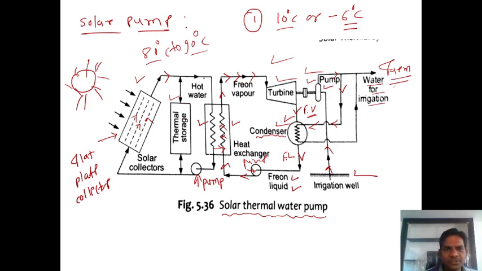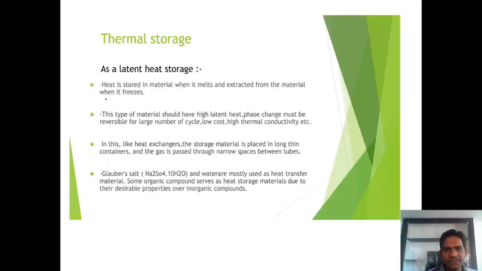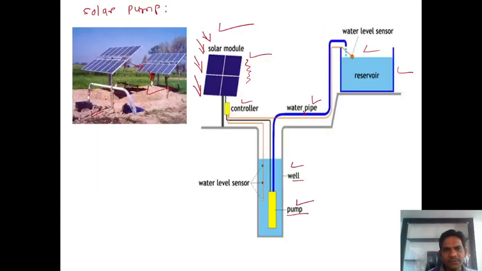Okay, so this is the closed cycle process of solar water pump, guys, which is operated with the help of the flat plate collectors. Okay, so these are the two types of diagram we have to discuss here. One is operated by the flat plate collectors and one is operated with the help of photovoltaic cells.